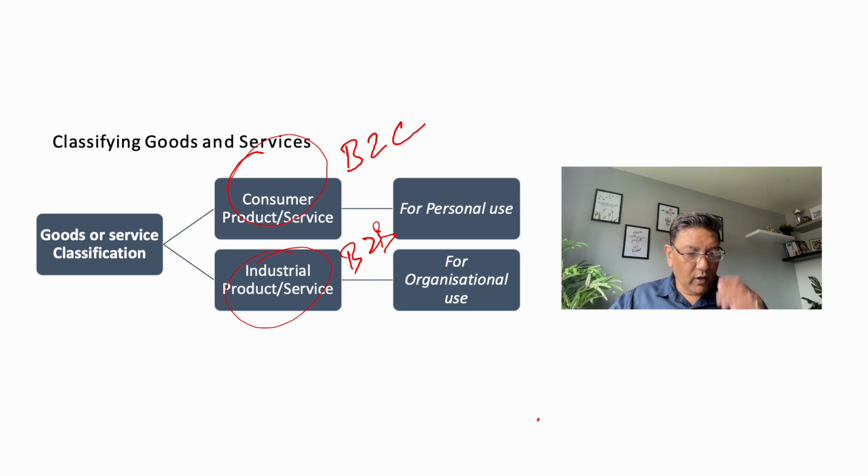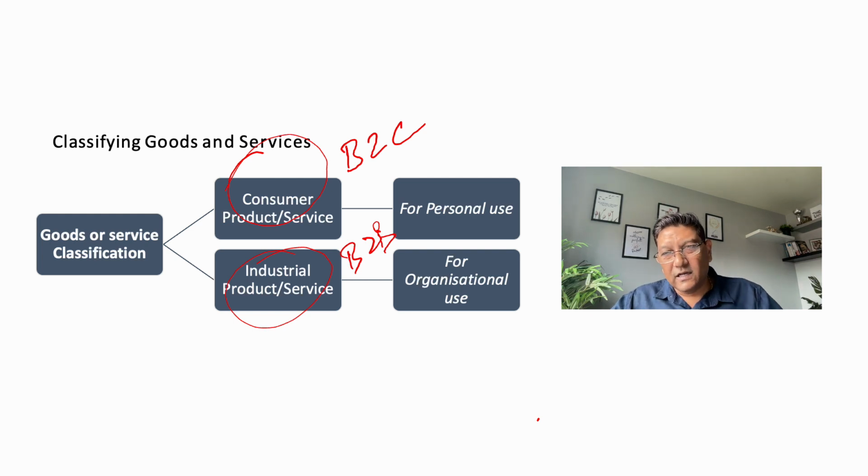For example, you are a website developer and you are developing websites for other organizations. That is a B2B sale, business to business sale. If you are developing a website for consumers who are individuals, that becomes business to customer. If you are developing software or any application, mobile application or web application, a mobile application could be directly business to consumer, or mobile application development could be directly for business as well.